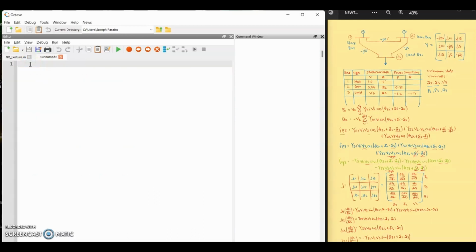I will write first the admittance elements, Y1 equal to